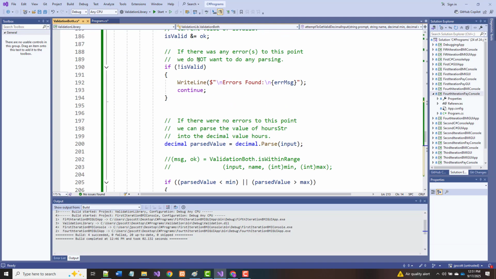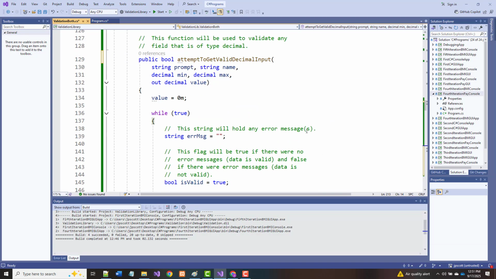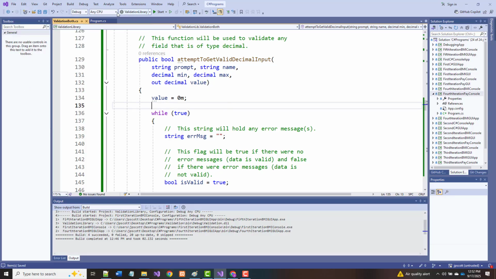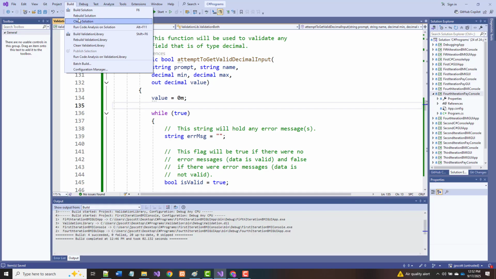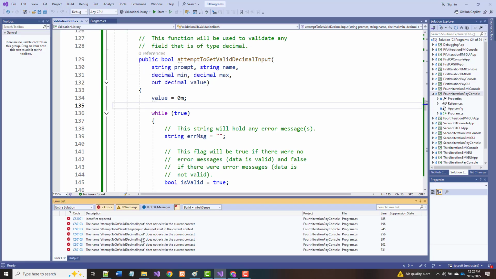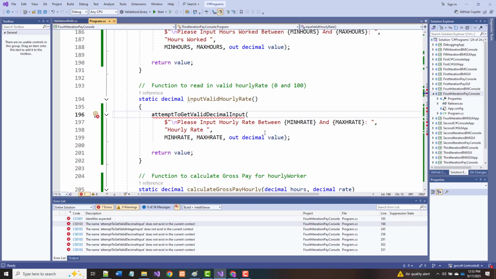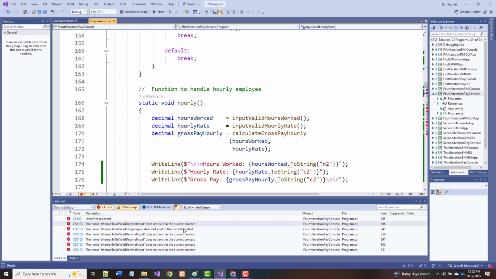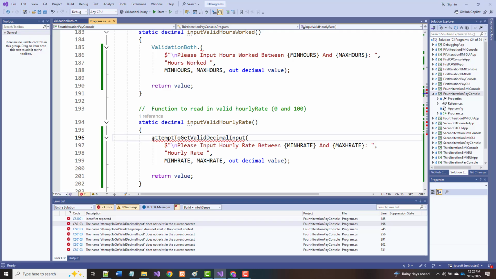Now, did I take the other ones and make them static? No. So I'm going to do a file, save all. Let's come back and rebuild this one more time. So build solution. Oh boy, it's giving me errors. Yeah, it's in the regular payroll program. That's where we're getting the errors. So that's all these errors that you're seeing in here. It's when we're trying to call it. That's why we're getting an error. So let's